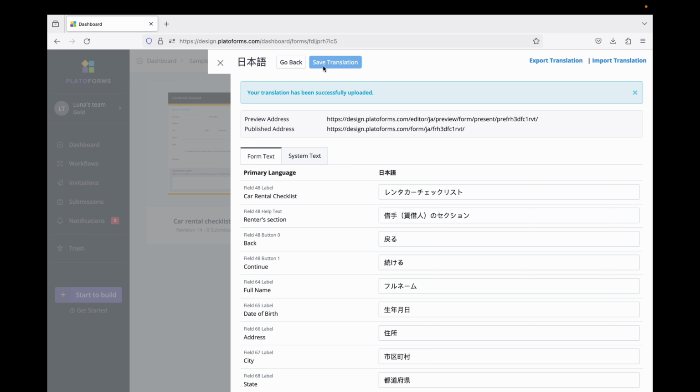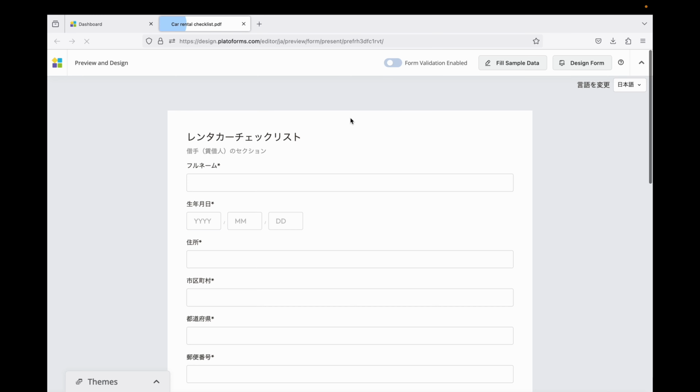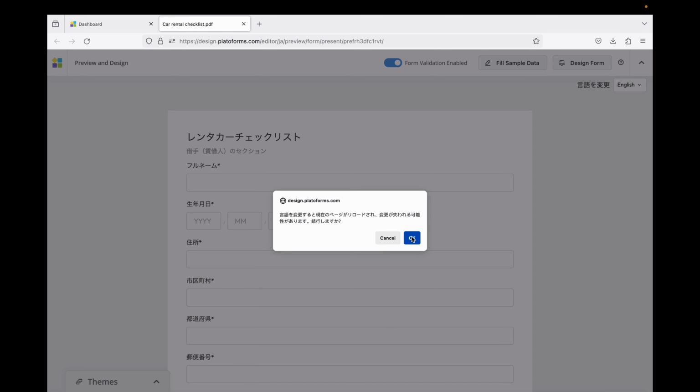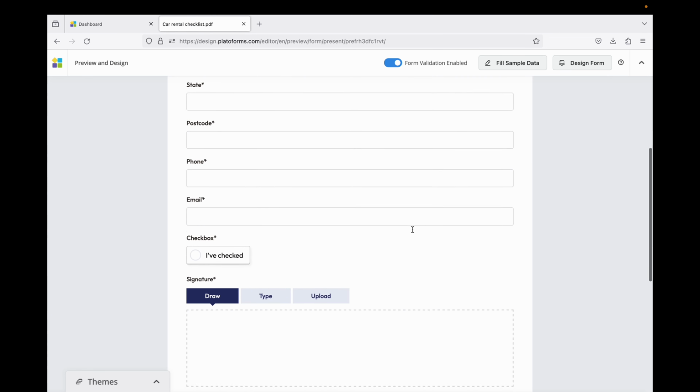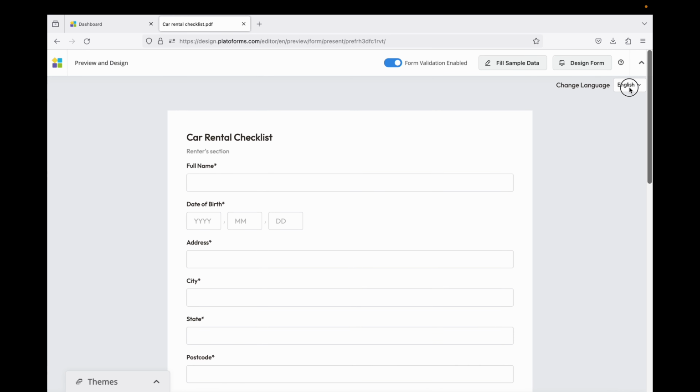Now, let's see how your form looks in different languages. Simply click on the preview address URL. To view the form in different languages, use the drop-down on the top right. And that's it. You've successfully enabled multi-languages for your form, making it easier than ever to connect with a global